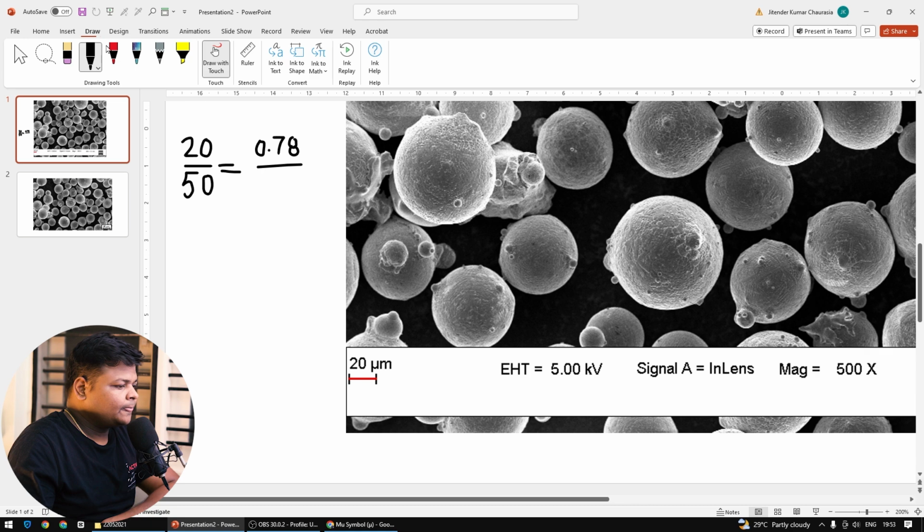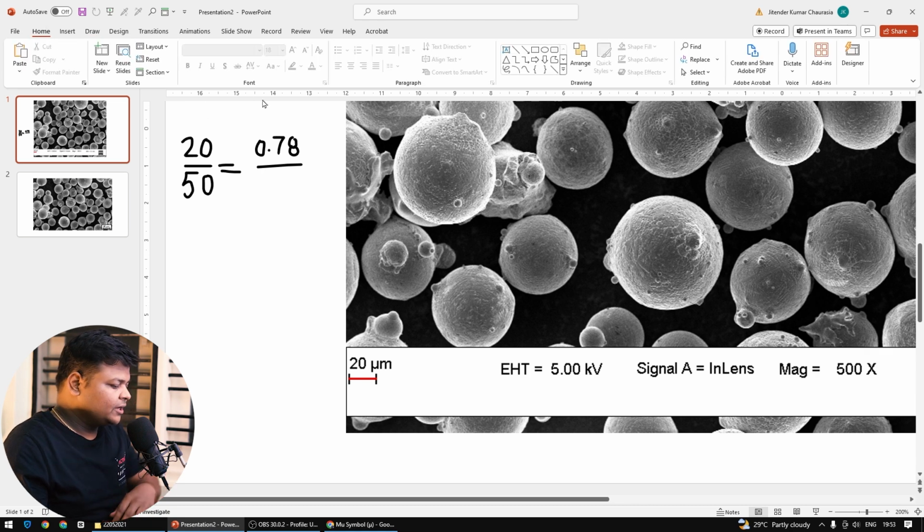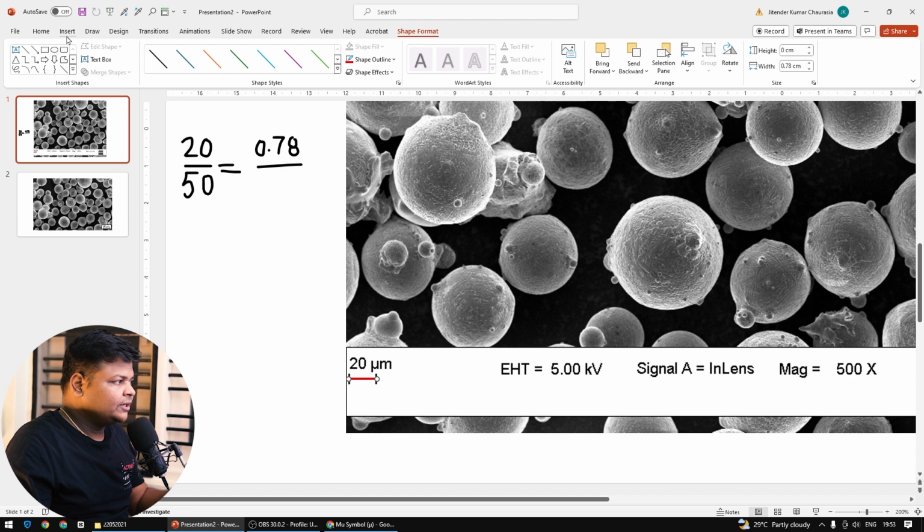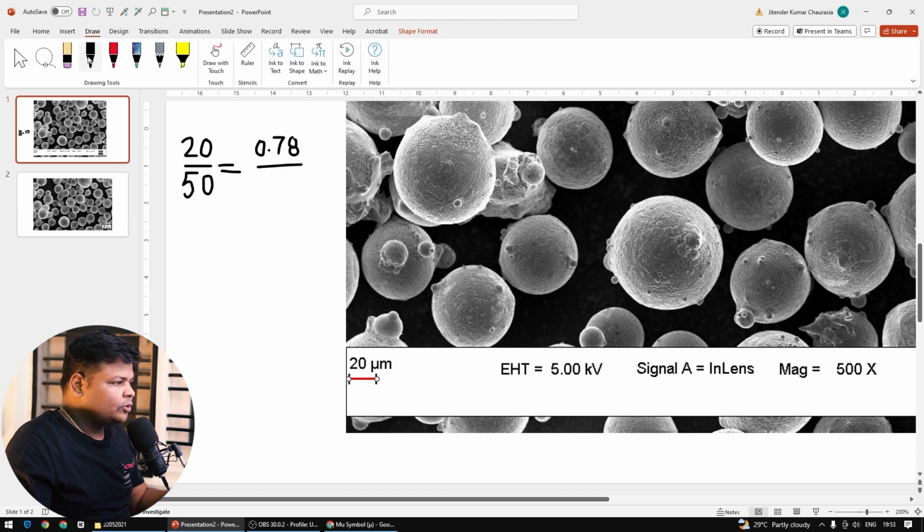Let me just confirm once again. If it is 0.78, yes, it is 0.78. So 20 corresponds to 0.78, and 50 corresponds to the question mark. So this we have to identify. If you solve this equation, the question mark becomes